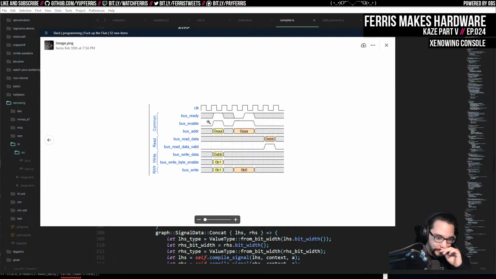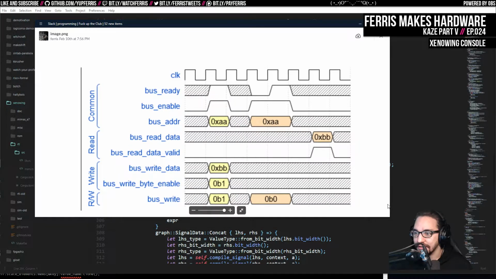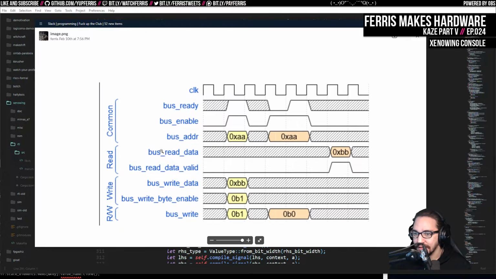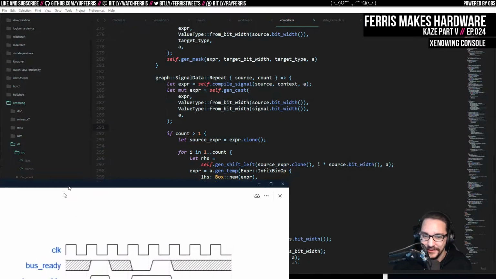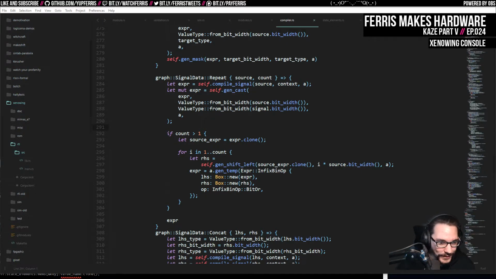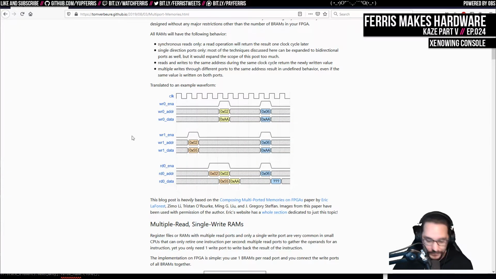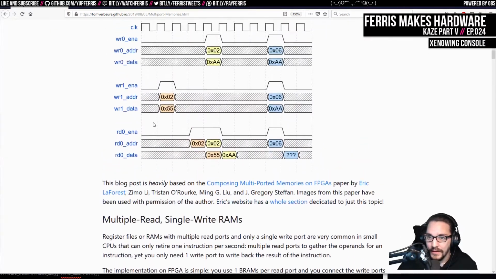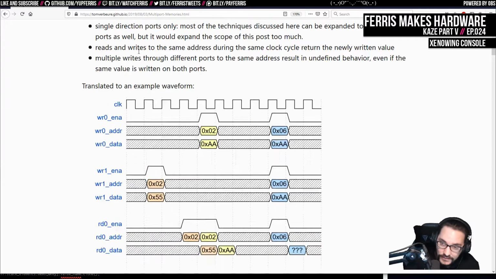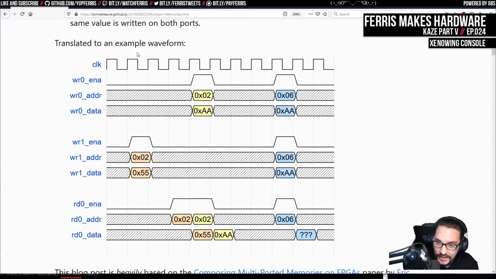So the idea here is that there are these different signals. Actually, this shows the bus signals, so maybe this wasn't even correct. Let me find the blog post that talks about it. It's not exactly what I'm thinking, but it's close enough. All right. Good enough. Okay, so this is just a blog post about designing memories in FPGAs